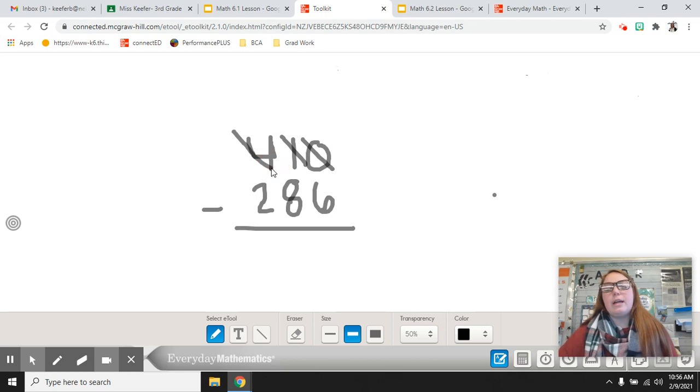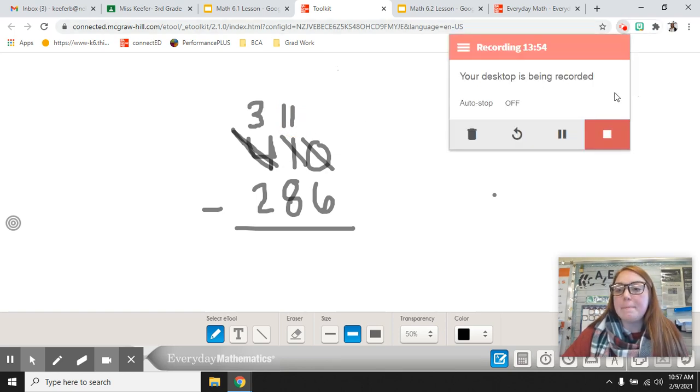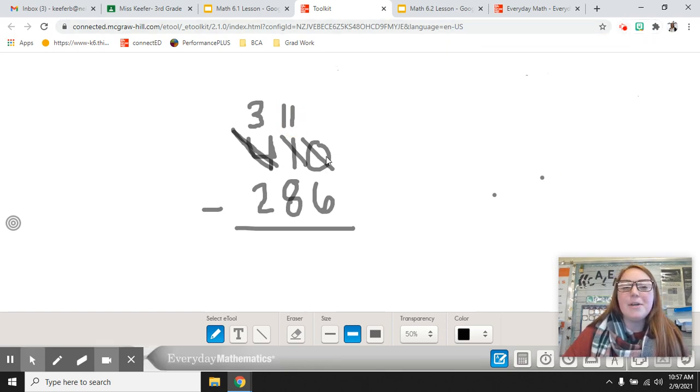And that means we are going to have to take from our 100s place. So we need to take 100 from here. So 400 minus 100 will leave us with 300. We're going to add that 100 to our tens place. So if we had 110 and we're adding 10 more to it, that would give us 11 tens for that. So now we have 11 tens, but we need to keep borrowing because we need some for